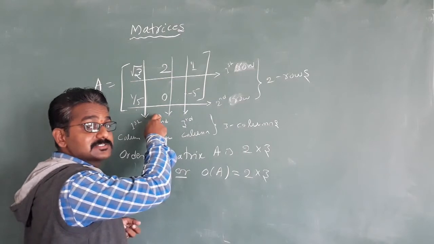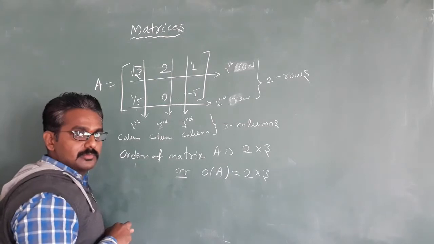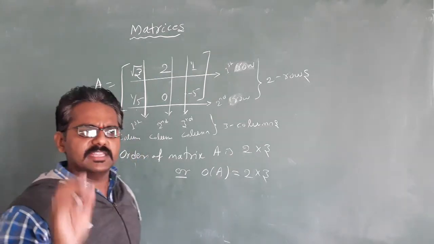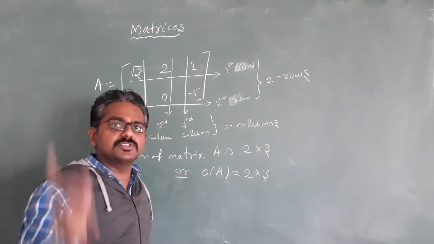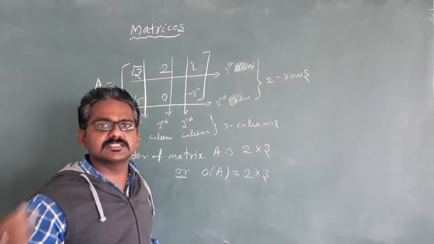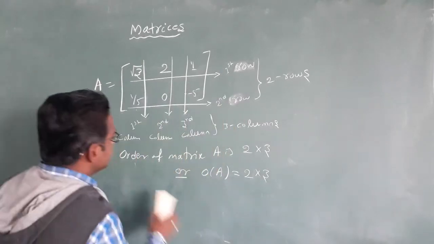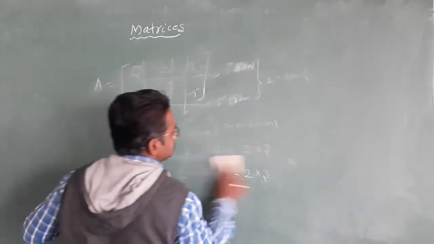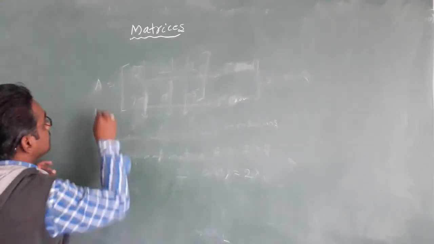Why did I take the first value? Row value. Next I consider the column value. Got the point? Whenever you are representing or locating any element of the matrix, you should mention in which row, which column it is present. First you have to take the row value, then you have to mention the column value. Okay. Let us see the general representation of a matrix. Once you know that one, we will come to know how to represent the matrix easily.